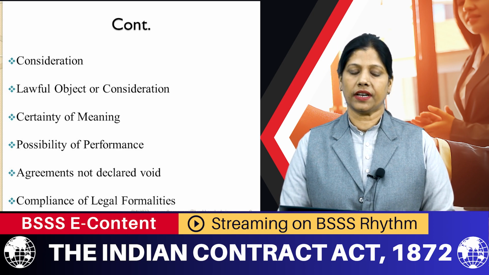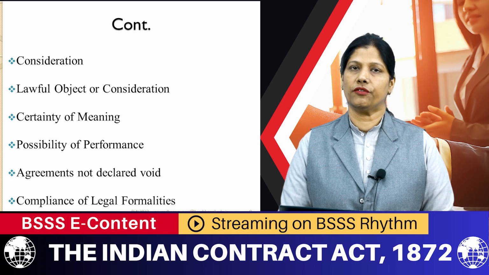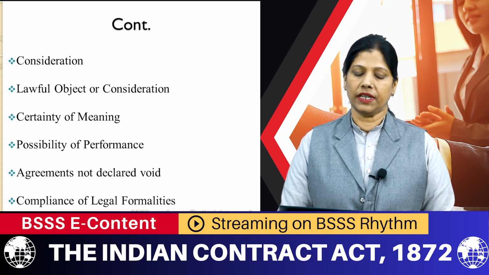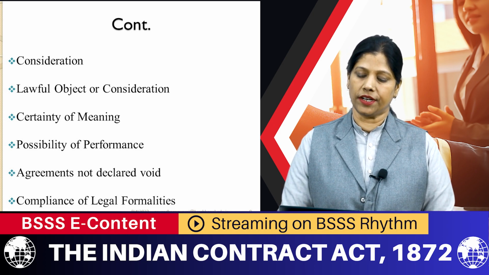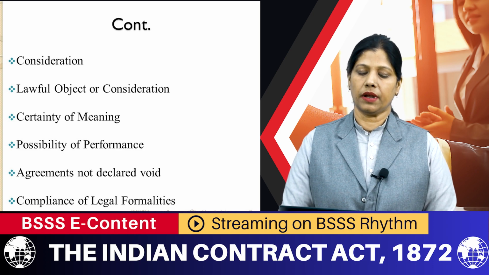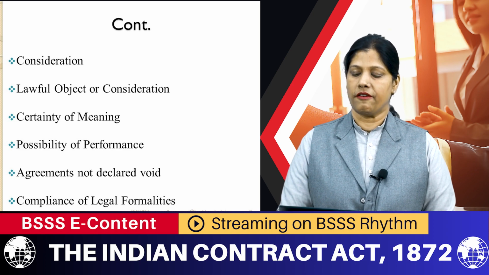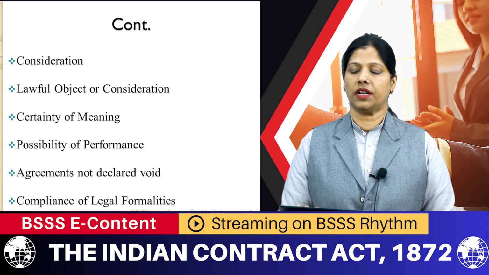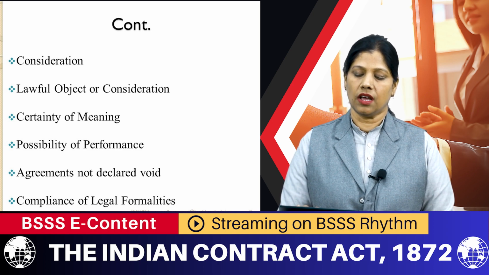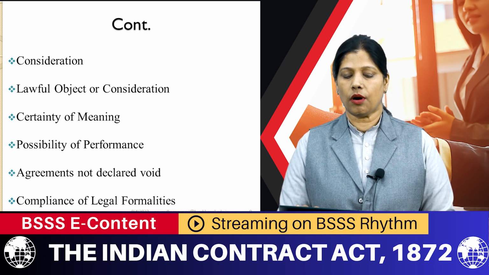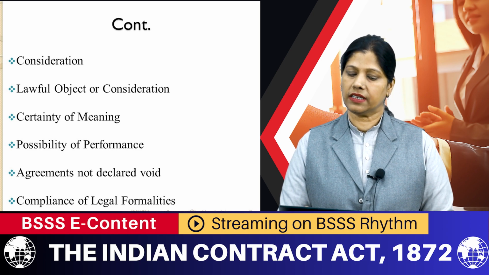In the Indian Contract Act, agreements mentioned in Section 24 to Section 30 have been expressly declared to be void. For example, agreements in restraint of trade, marriage or legal proceedings, wagering agreements, agreements without consideration, agreements with unlawful consideration, and agreements made by incompetent parties fall under this category.